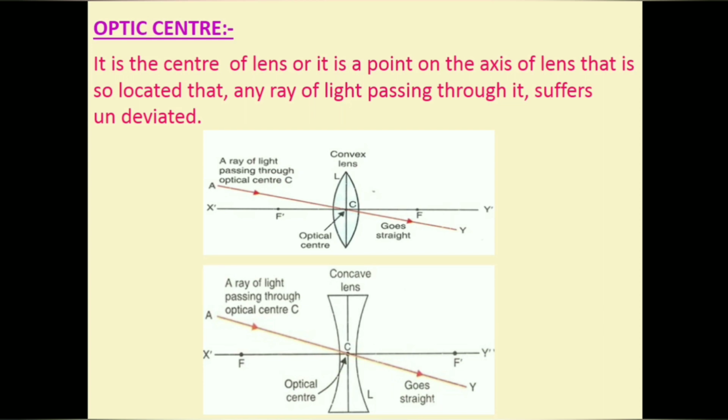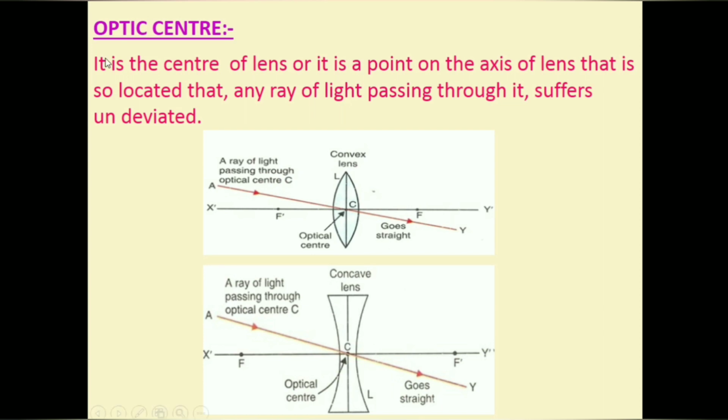But in lenses, the lens is bounded by two surfaces. When it is bounded by two surfaces, then we have two poles. So it is very difficult to get the midpoint. So instead of a pole, we are going to consider the optic center for lenses. Here we can't consider a pole because there is no single surface. Here it is bounded by two surfaces, so we have to consider the optic center.